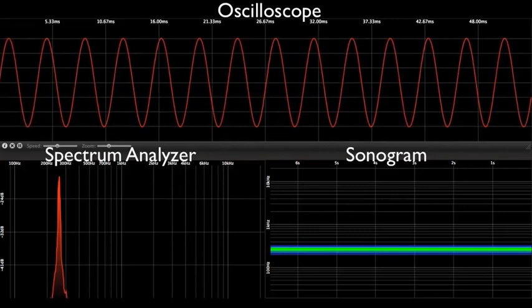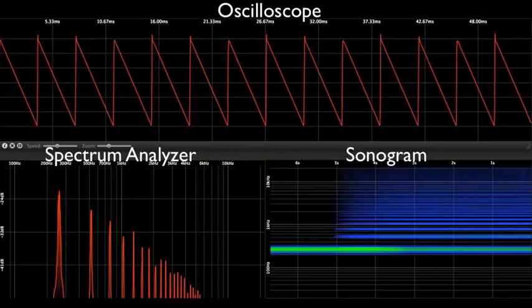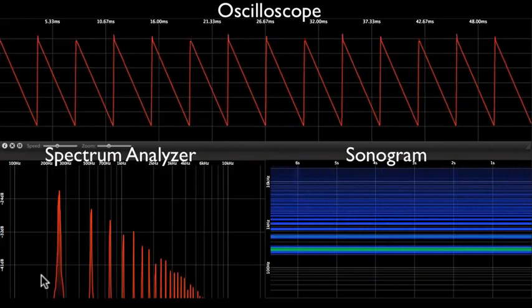Now, the last thing we'd like to try with this is to change timbre and see how that is reflected in the spectrum analysis. So I will morph this into a sawtooth waveform. And we see that timbre is shown as a series of peaks in the spectrum analysis. Now, this is a very important concept in sound, in that any periodic waveform, like a sawtooth waveform, is going to have peaks at a number of frequencies. And each of these frequencies is an integer multiple of that fundamental. So this is at 261, and we're having 2 times that frequency, 3 times that, 4, 5, 6, 7, 8, etc. This is called the harmonic series,